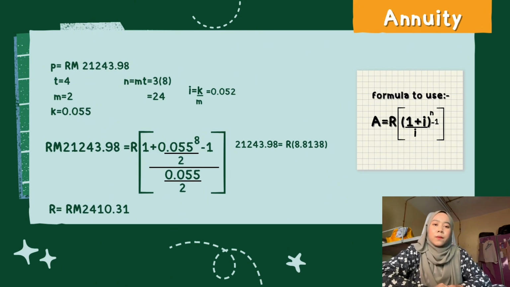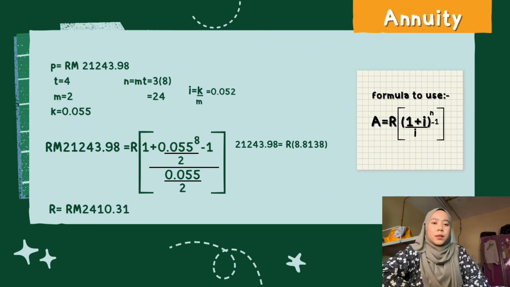We need to find the R. The equation becomes 21243.98 equals R times 8.8138. To solve for R, divide both sides by 8.8138. So R equals 21243.98 divided by 8.8138 equals what? Equals 2410.31. So the final answer of regular payment R is RM